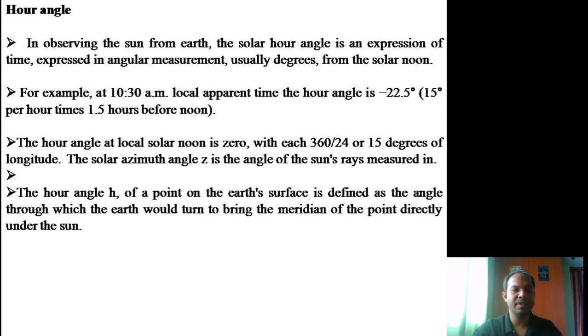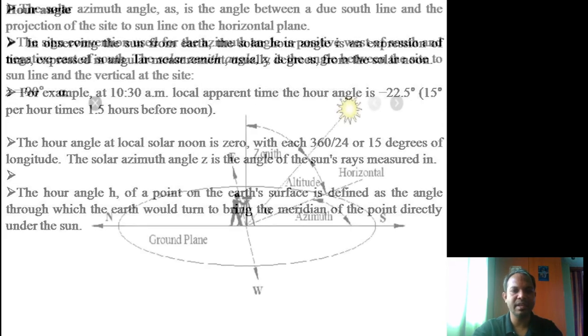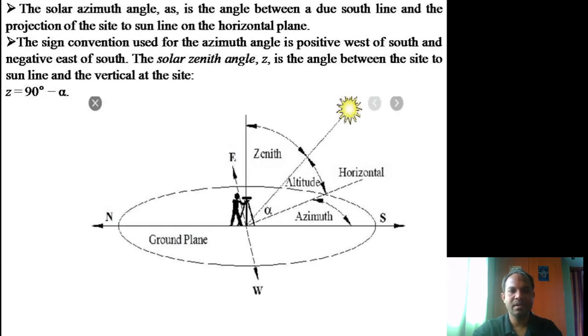I shall now come to the zenith angle, which is given by 90 minus alpha. You can see here, this is a perpendicular line. At the tip of this line, whatever angle we are considering with the tilt is indicated by the zenith angle, and this zenith angle is given by 90 minus alpha. Now this dotted horizontal line is the altitude.